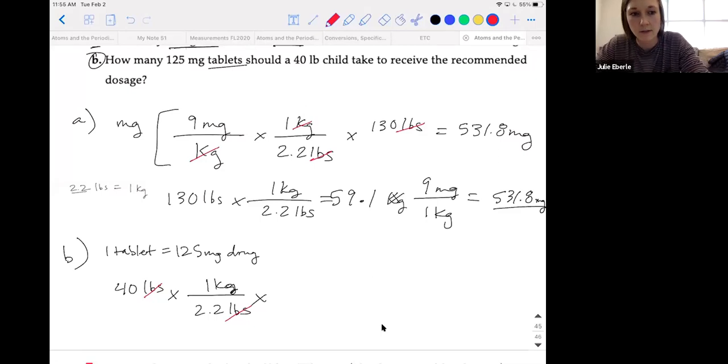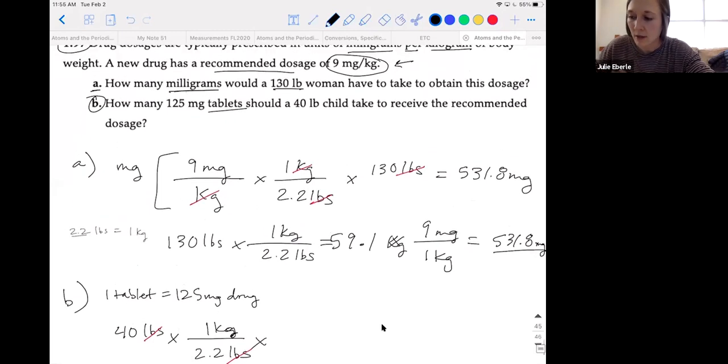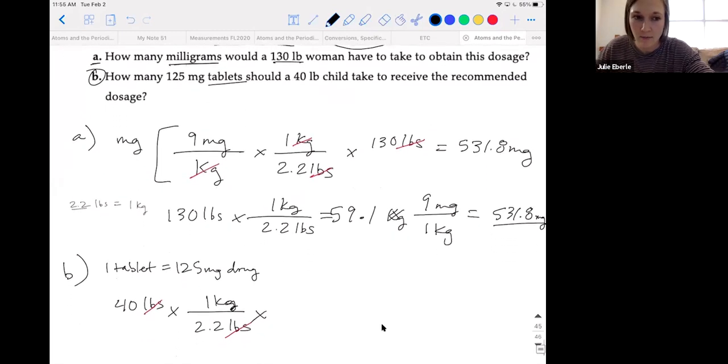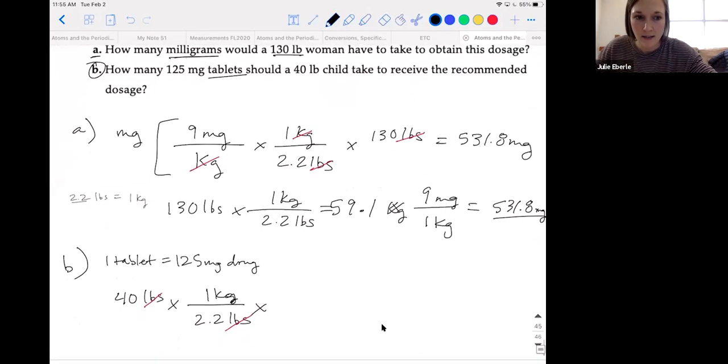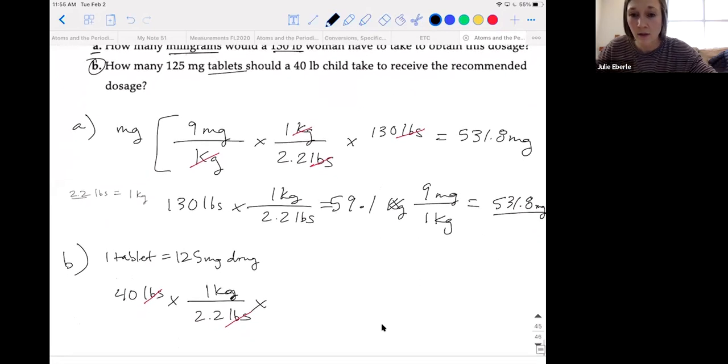Now what do y'all want to do? What should I do next? What did you do next? Kilograms to grams. Okay, Kaylee, you don't have to answer this, but think, we don't have grams anywhere in the problem. So I'm not sure converting to grams would be the best step, but all right. Beneath that, Haley said use the kilogram to milligram ratio.